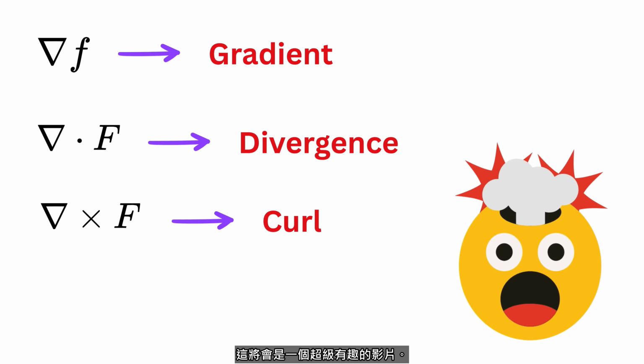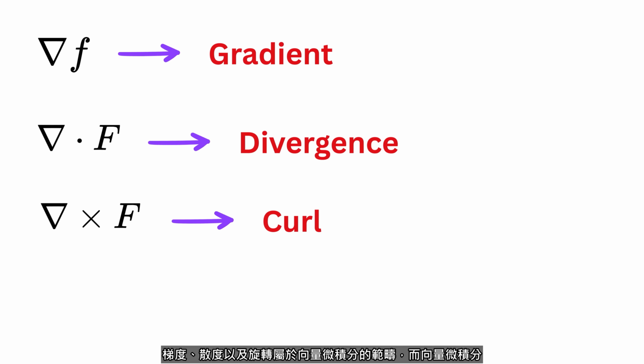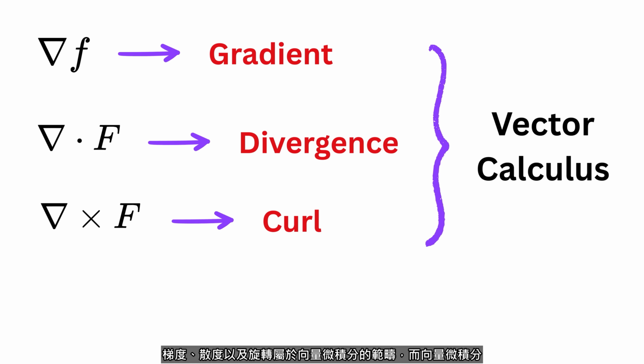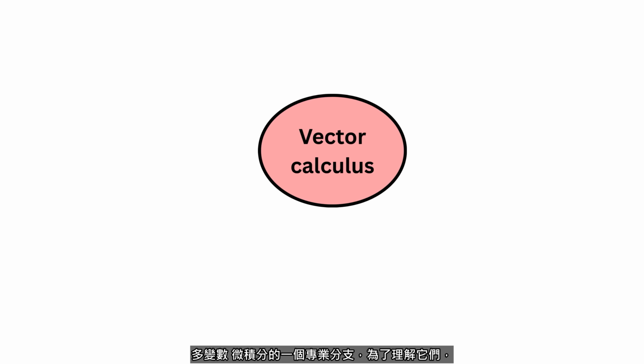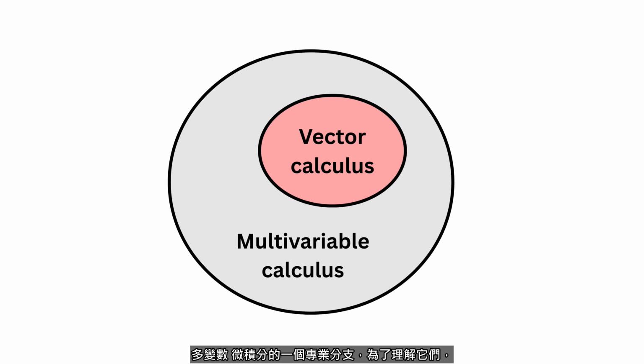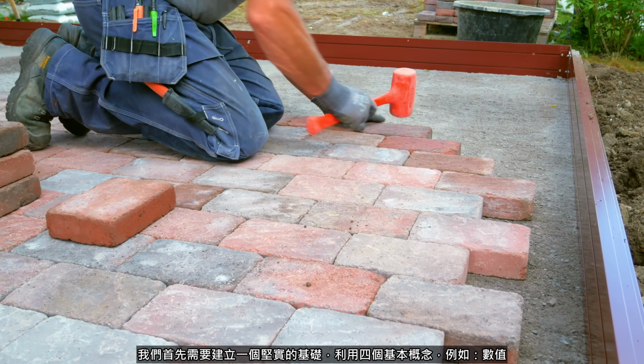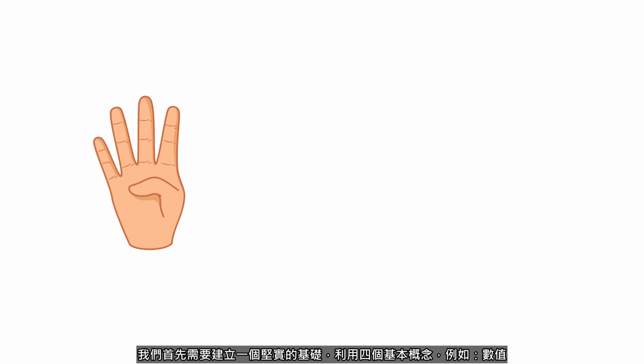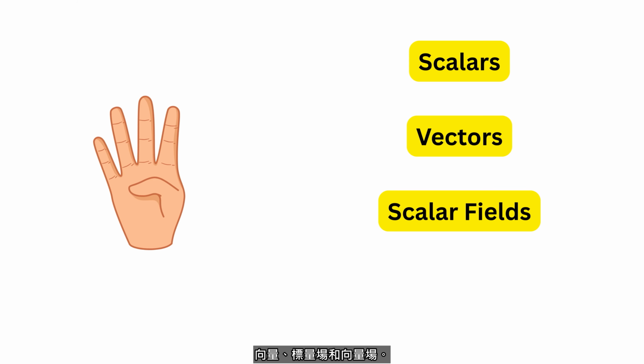This is going to be a super fun video. Gradient, divergence, and curl belong to the world of vector calculus, which is a specialized subfield of multivariable calculus, and in order to understand them, we first need to build a solid foundation with four basic concepts: scalars, vectors, scalar